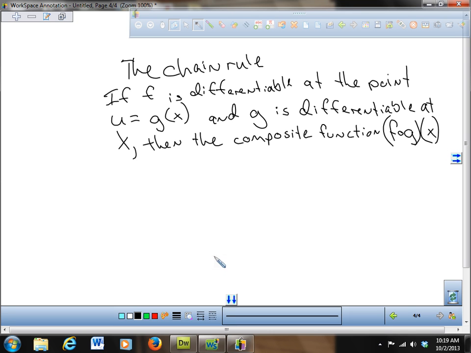Remember that from before? F of g of x, then